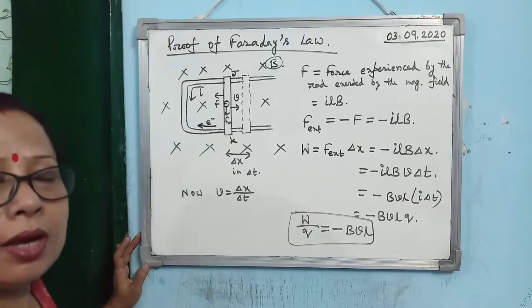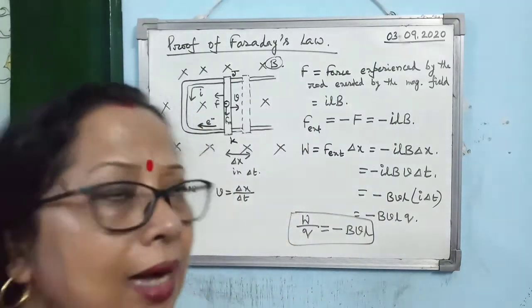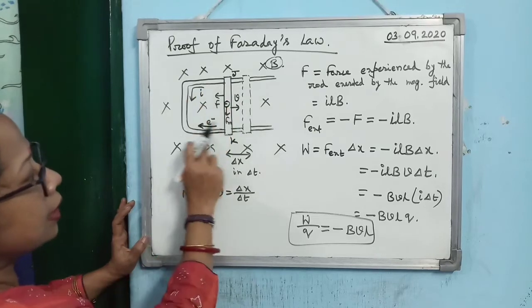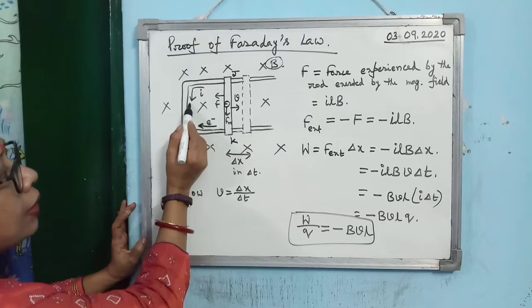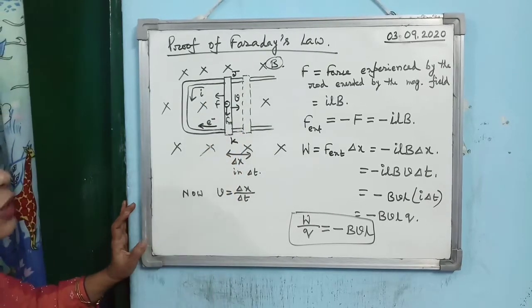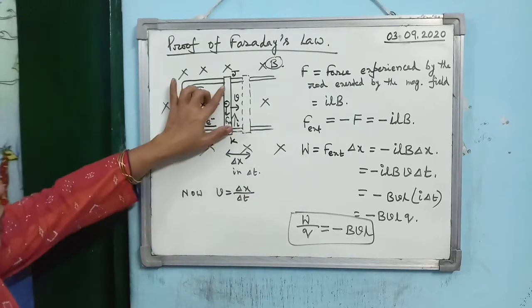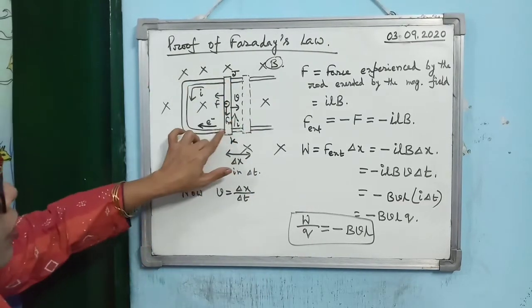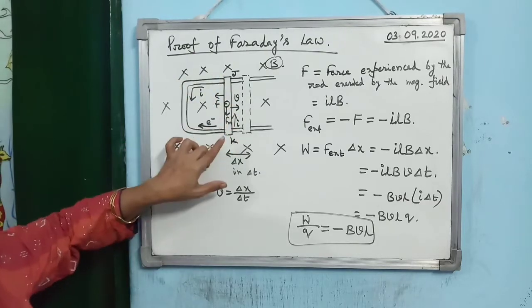So what will happen? When the electron moves in this direction, it will give rise to a current in this conductor. So what will be the direction of the current? Opposite to the direction of the electron. So you see, a current will start moving along JK in which direction? From this direction. The electron is moving in this direction, so the current will move in the opposite direction.